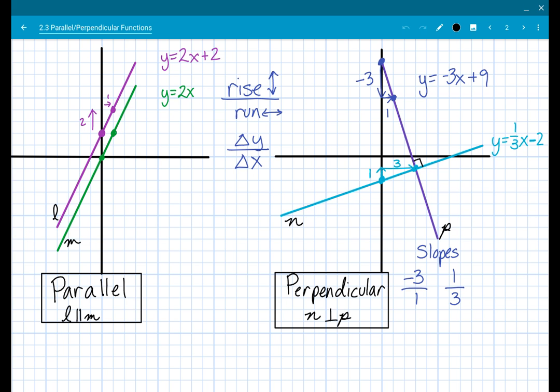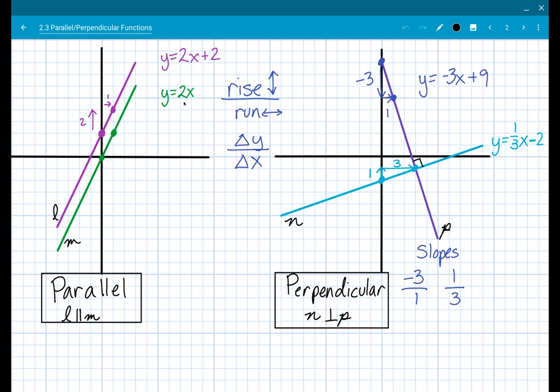We're going to start with the parallel lines. Parallel lines use the symbol of two vertical lines in between the letters representing each line. So L is parallel to M. You'll notice that in order for two lines to be parallel, they can never intersect. And the way this happens is if two lines have the same slope, so here the slope of 2, but